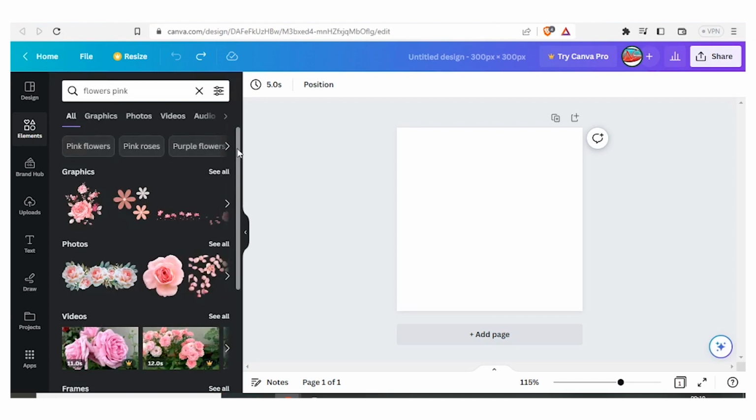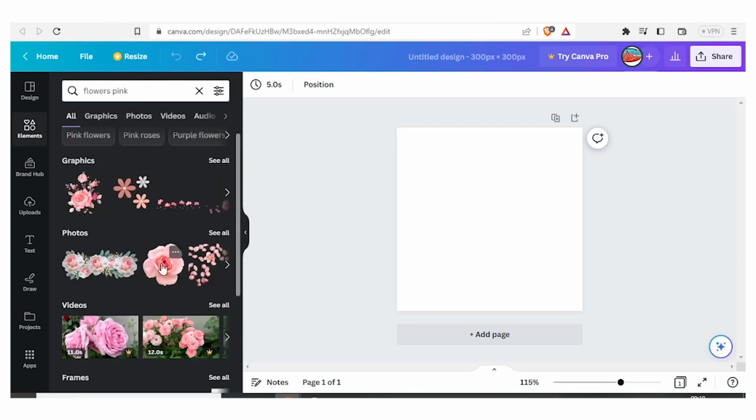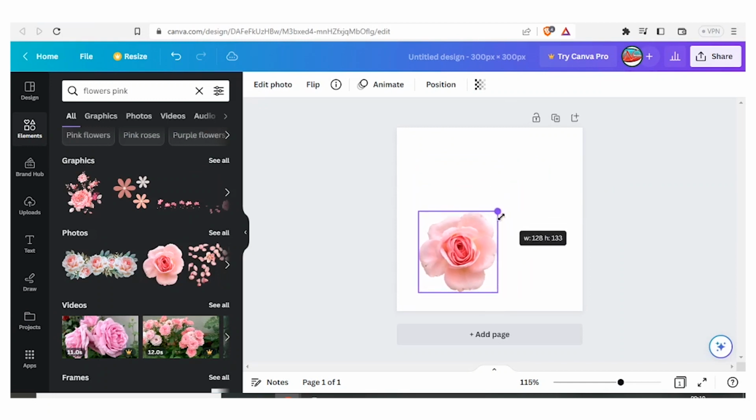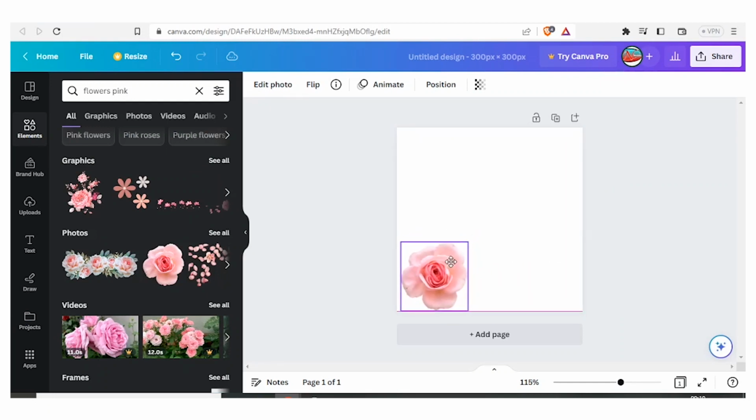So we have the graphics and we have the photos and we have the videos. So you can choose either of them. So let's choose photos. So I'll choose the second one. And you see, now we have our flower. To resize the flower, you simply click at the edges and you reduce that to the size that you feel